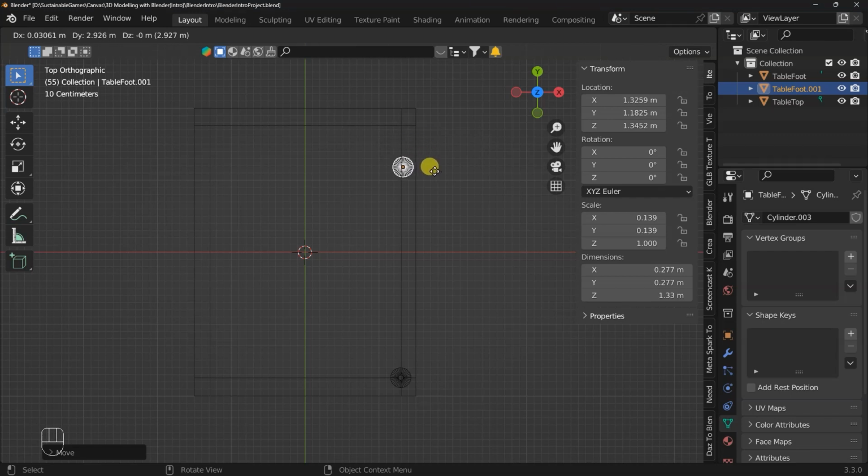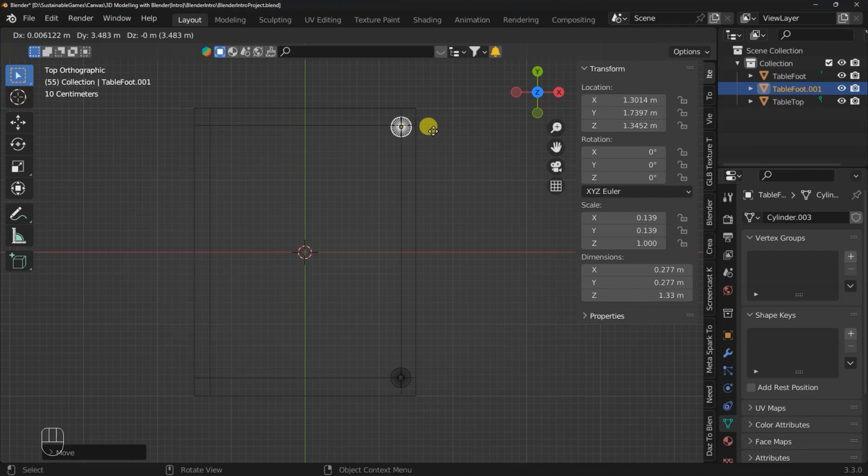However, this might not be an efficient way to do so, because as you can see, it has different polygons. The polygons are the faces that make up this object, and the more polygons you have in your project, the heavier the